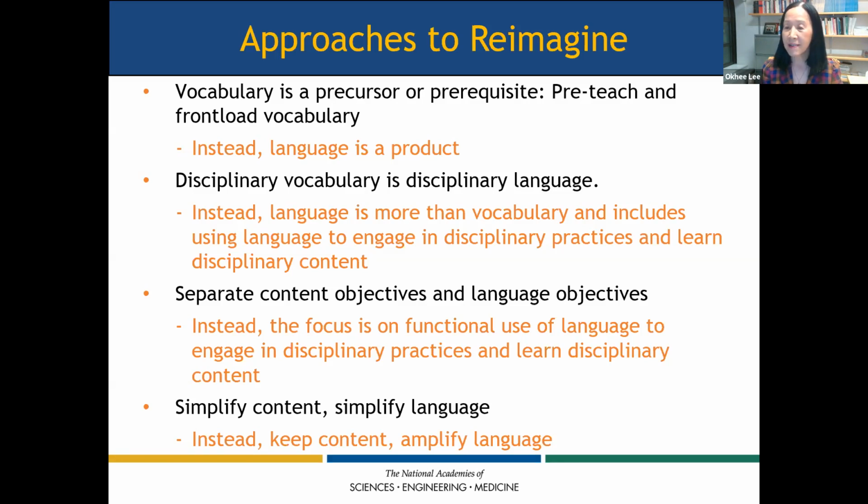It's a contradiction, isn't it? If science is cause and effect, keep cause and effect as a complex sentence because that's a complete thought. So the contemporary thinking is that we do not simplify language, which as an outcome results in simplifying content. Instead, keep the content, but use language with variety and amplify language, but keep the content. Don't simplify and make it easier. And this is all the debate about the level of the readers and all that. Just having that, we have lower expectations for some and high expectations for others. And you do know where each belongs.